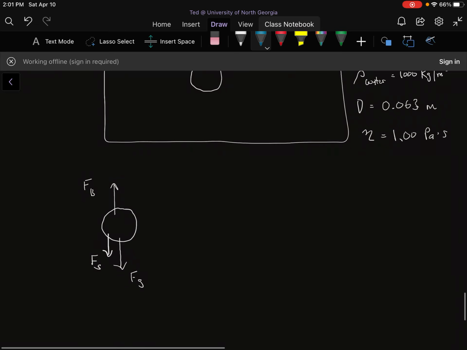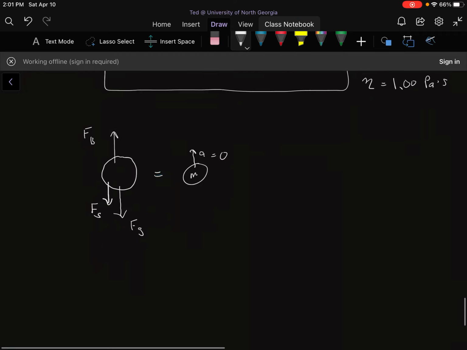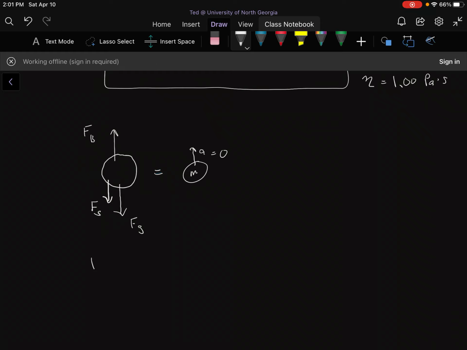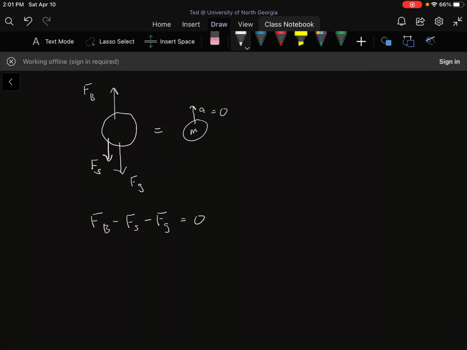Okay, now those 3 forces have to add up to mass times acceleration. But the ball is moving at constant speed. It's not speeding up or slowing down. It has reached a constant speed, so the acceleration is going to be 0. So what does that mean? That means that the buoyant force minus the slowing force from moving through the fluid minus gravity should equal 0, which means that the density of